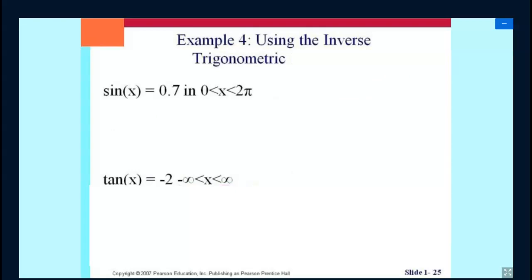So what happens if you get an example like this one? Is 0.7 a unit circle value? No. Guys, 0.7 is not a unit circle value. It's not root 3 over 2. It's not root 2 over 2. It's not a half, 0, or 1. So that's not a unit circle value. So what you need to do for this problem in radian mode is hit second inverse sine, put in 0.7,